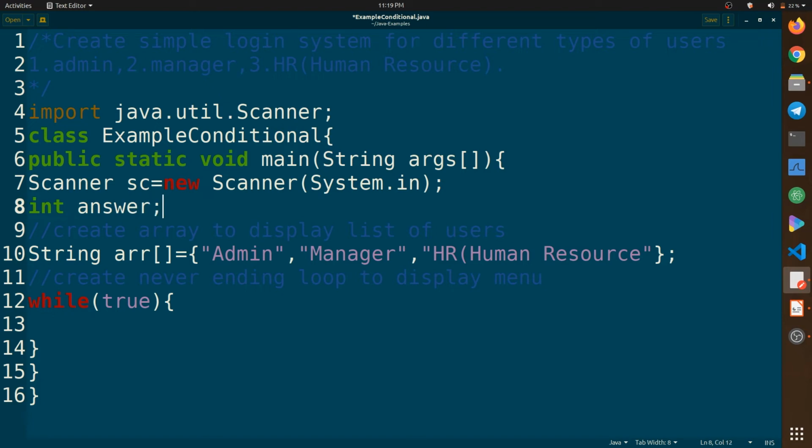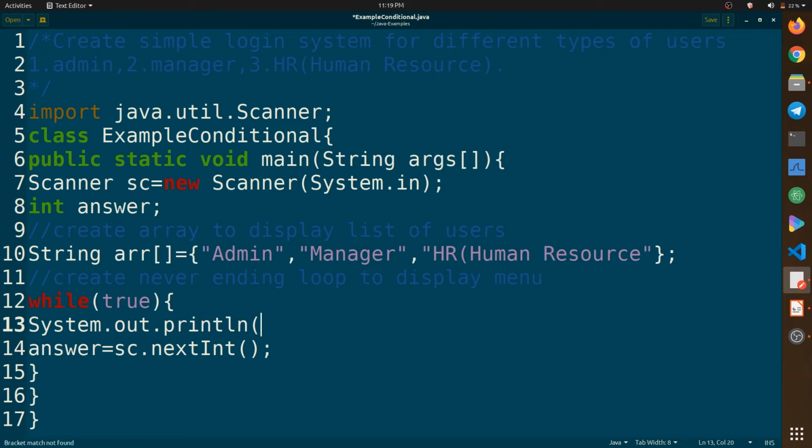So let's create our integer answer which will store the answer from the user. So answer equals sc.nextInt which will return an integer answer, and it will be stored in our answer variable, and System.out.println.